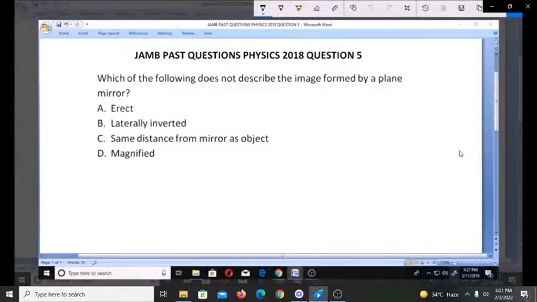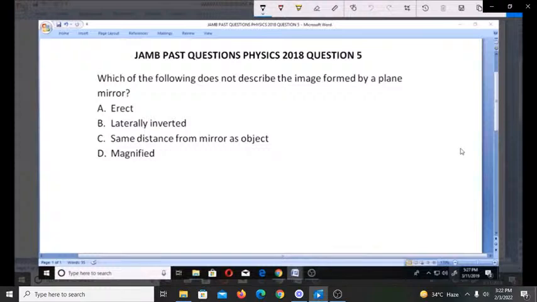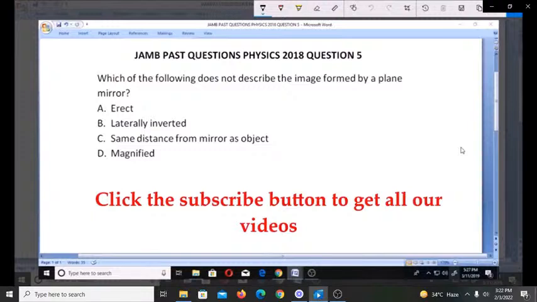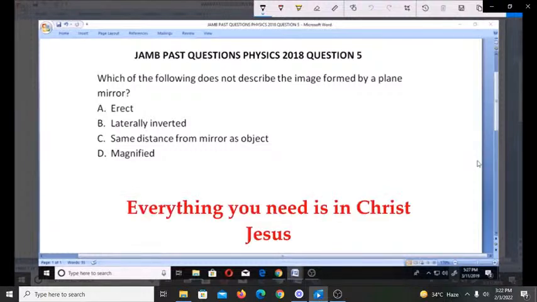Yes, let's look at these JAMB questions, Physics 2018, question number 5. Which of the following does not describe the image formed by a plane mirror? A. Erect. B. Laterally inverted. C. Same distance from mirror as object. D. Magnified. Now, for us to appreciate this question very well, we need to look at the properties of image